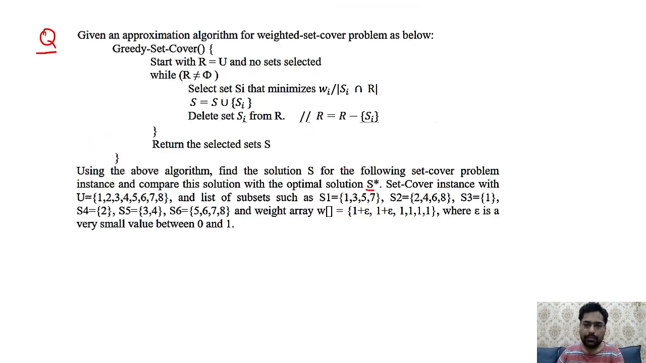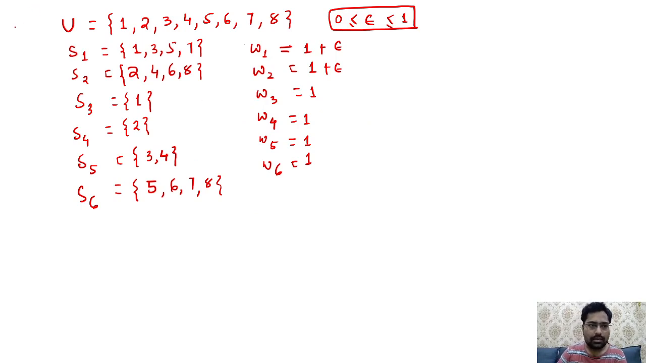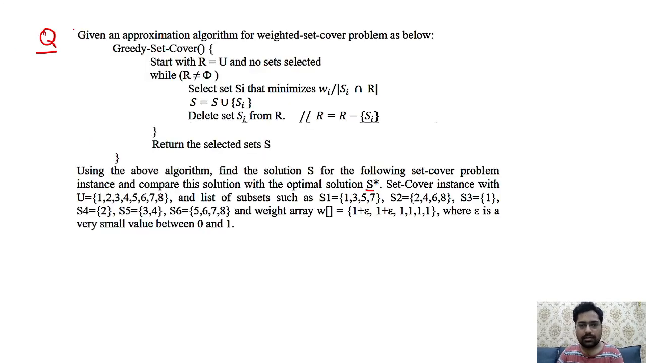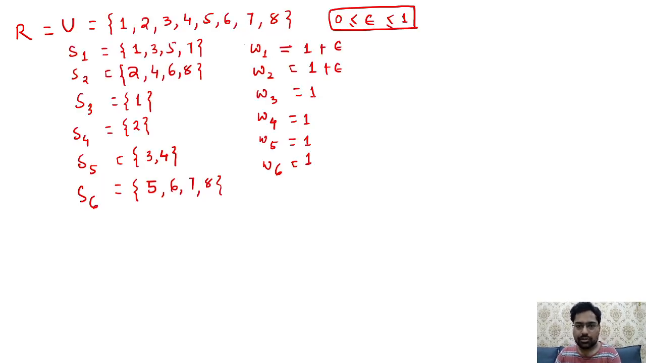So as per the approach we have to follow, R is infinite, before that R is equivalent to U. So R is equivalent to the universal set. Next what we have to do is we have to find out for each element the weight divided by the intersection. So as per step 1, for iteration 1 I am just writing,